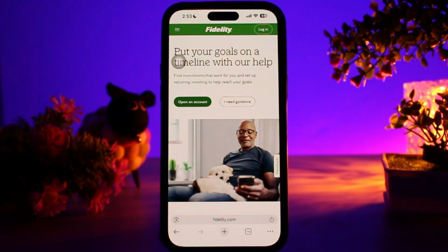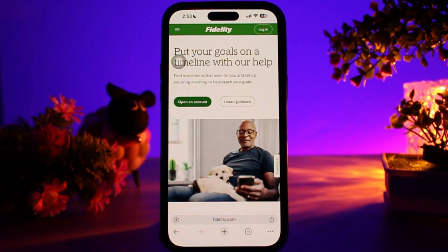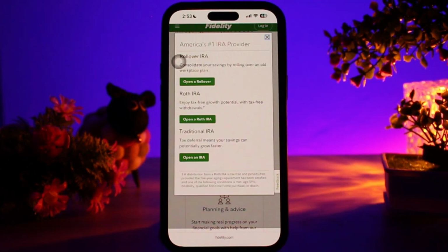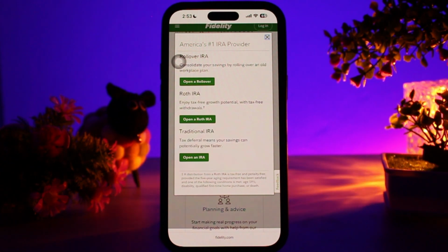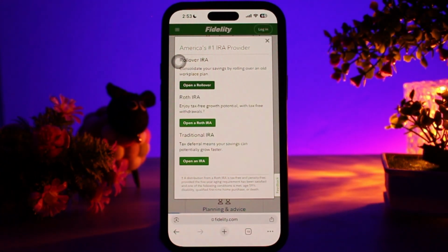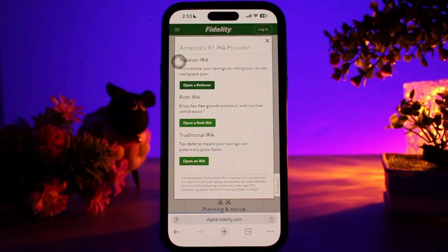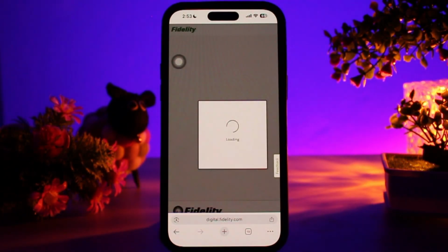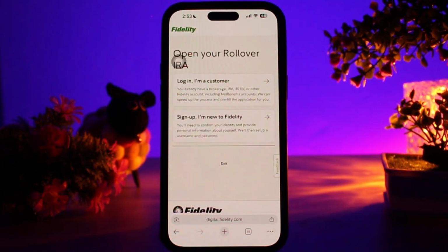Then once you tap on open an account, what you need to do here is select retirement accounts. Then once you select retirement accounts by simply tapping on open an account, here what you need to do is simply select rollover IRA and tap on open a rollover. For transferring old 401k or retirement accounts, rollover IRA is used,